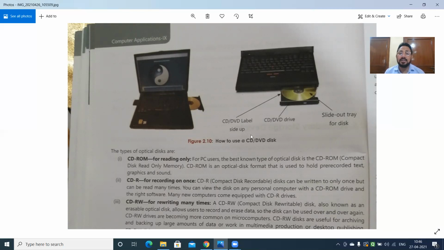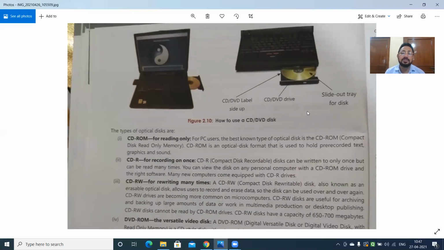So CD and DVD drives are of course an important component, and at its own time the CD was a very good storage medium. But now we have a lot of pen drives, flash drives, and cards which also have a huge amount of storage capacity. So that's why it is not much in use. And the problem of CDs is that if you are not keeping them properly in a case, and some scratches come on the CDs or DVDs, then they will stop working. That is why it is not much in use nowadays.